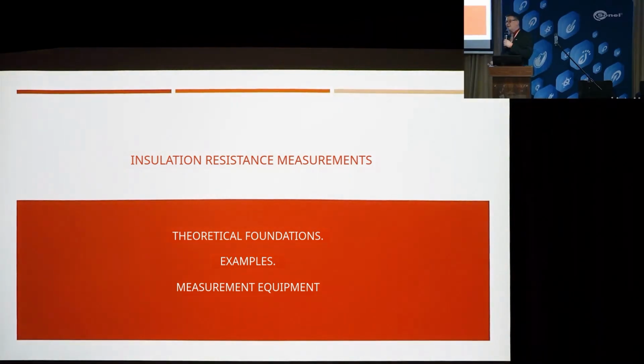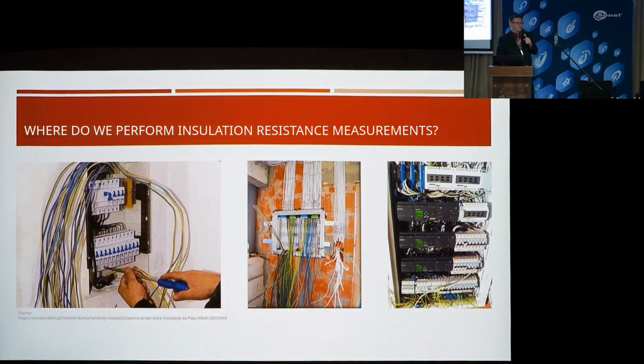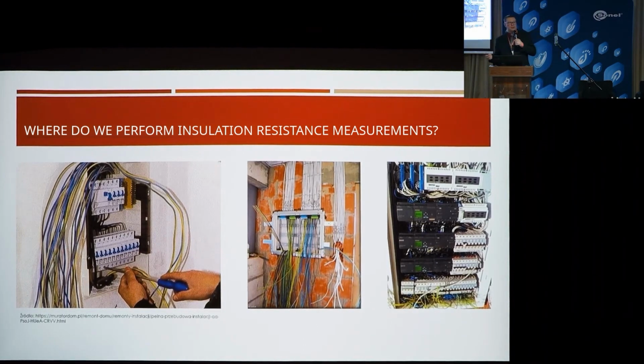Insulation resistance measurements. It's an obvious topic and everyone here has probably come across it. Where do we carry them out? Well, it's commonly believed that these measurements concern electrical installations, the kind commonly found in homes or offices. This applies to low voltage installations, end user installations. A number of myths have grown up around this because if that's how it's perceived, then